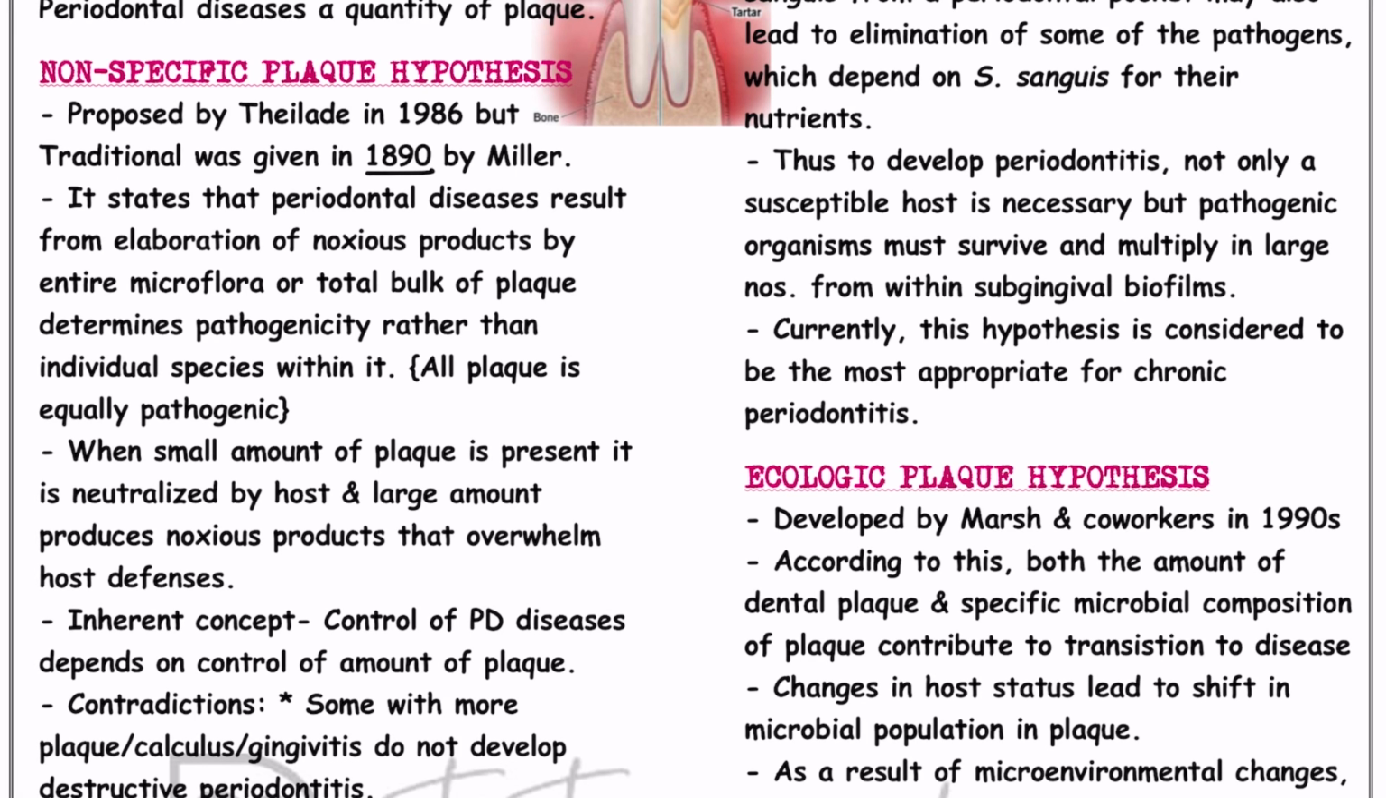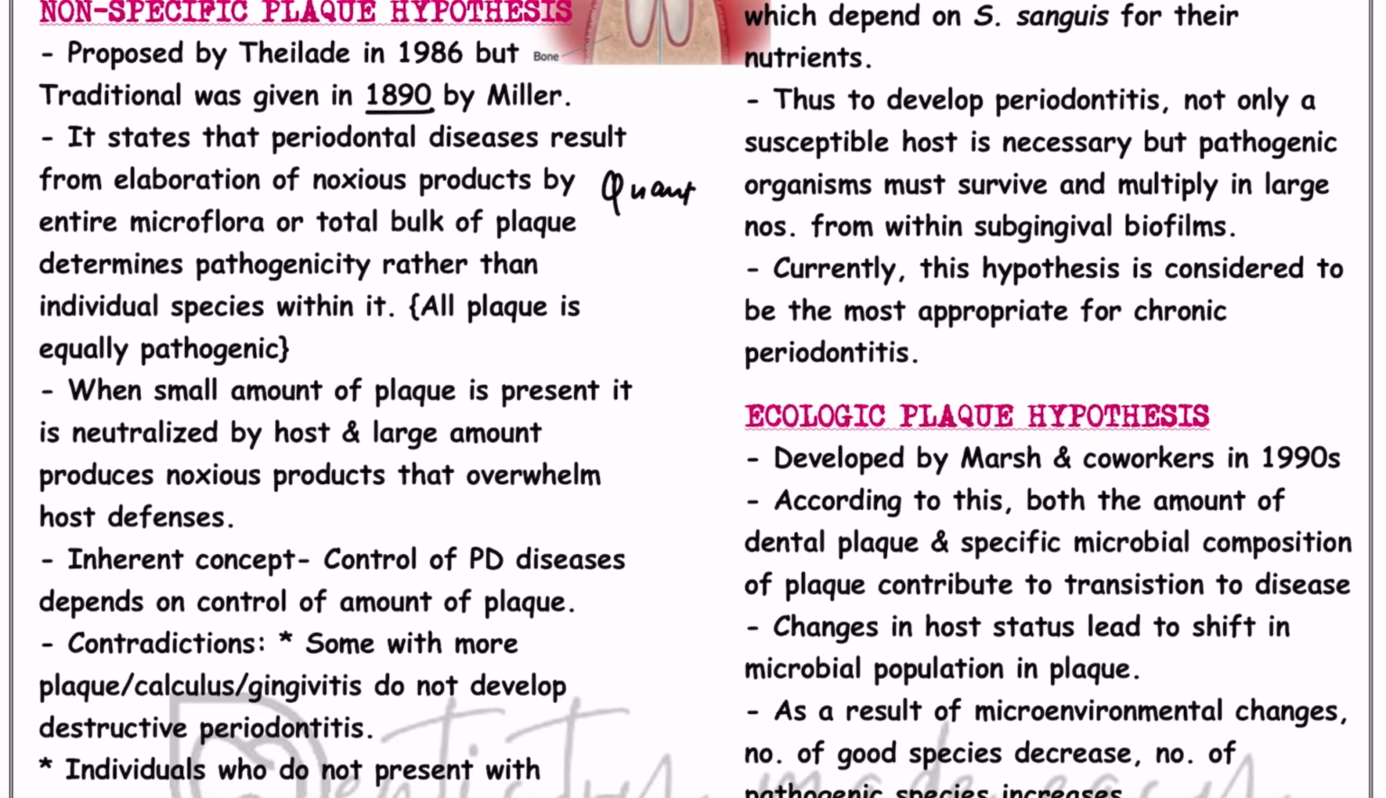It stated that the quantity of plaque contributes to periodontal destruction. So if the bacterial count is more, the host won't be able to neutralize the amount of plaque or the bacterial products, and that will lead to the production of noxious products that will overwhelm the host defense, leading to periodontal destruction. But if the amount is small, it is neutralized by the host and